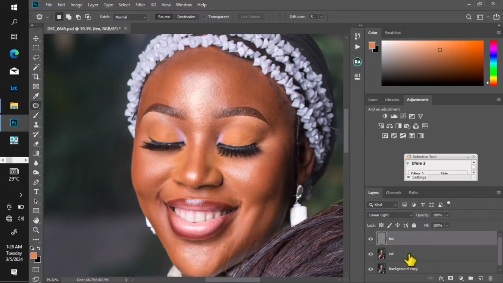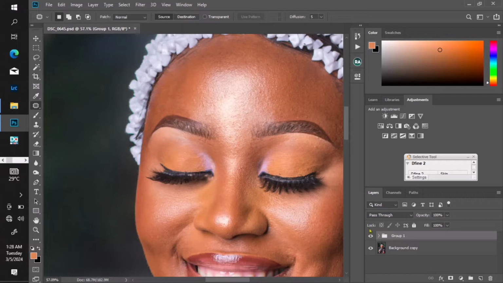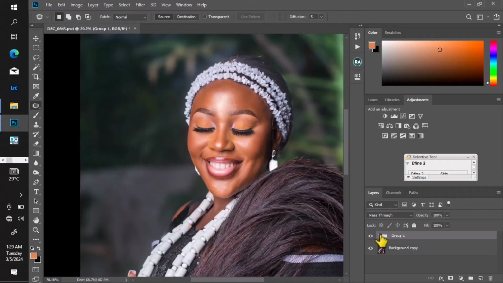Then the next thing you need to do is group both your texture and your color. Once you group them, when you turn the eye button off and on, like I'm doing right now, there shouldn't be any difference from the original image. Then open it, duplicate your color layer, select your mixer brush tool,